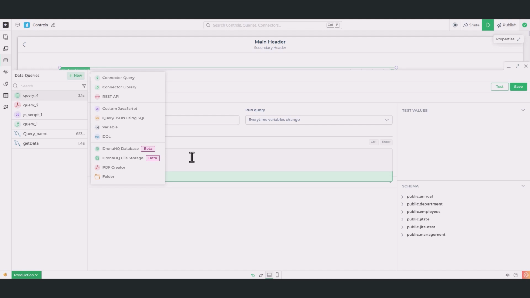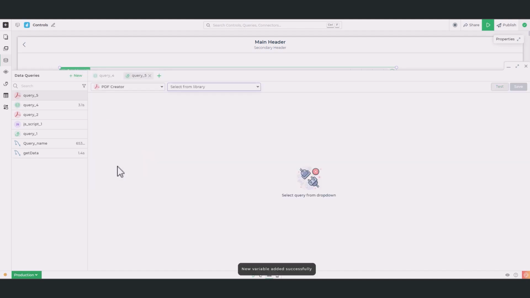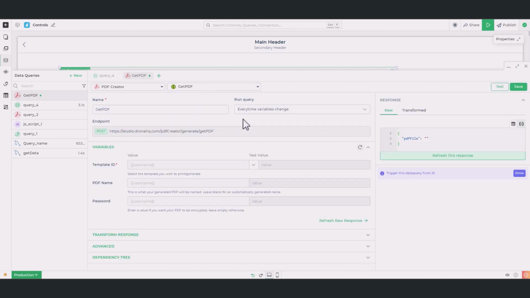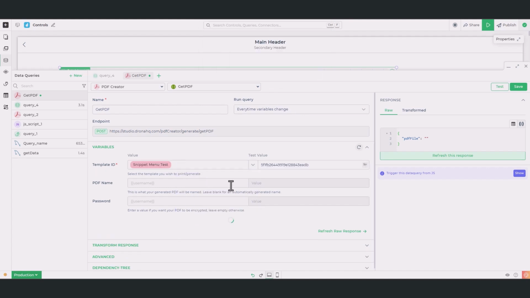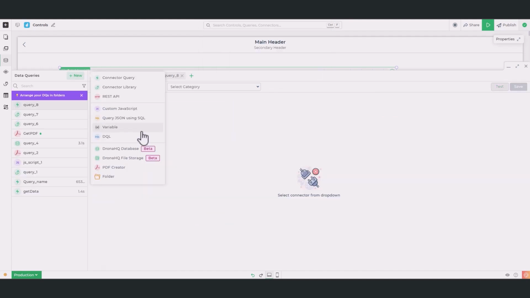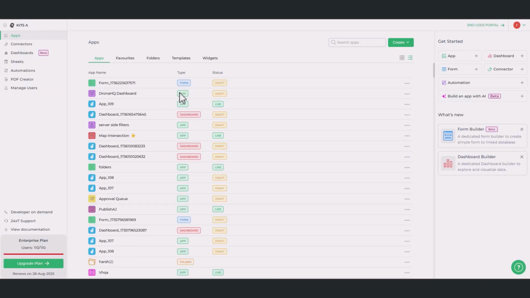So let's select PDF creator. Get PDF or get PDF URL. I want to get the PDF. So you can select from the template ID, and you can provide the PDF name and it will get you the PDF. You can write your own data queries right from here. You can also do that from connectors